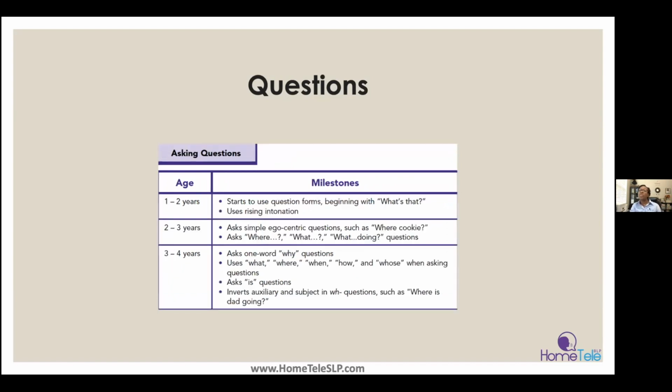So answering when questions and how many questions. Looking at the last row, asking one word why questions. Why, mommy? But why, daddy? Grandma, why? Teacher, why? Why? I think it's brilliant that kids are starting to ask why. They may ask it a lot, but it's great that they're starting to ask more WH questions.